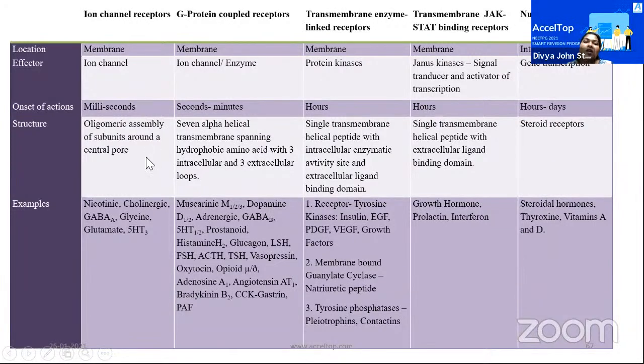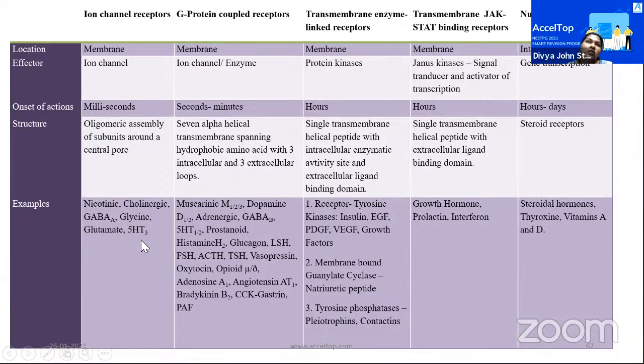Okay, and the structure is an oligomeric assembly of subunits around a central pore, and that central pore will transmit cations or anions, and that will result in the response. The classical examples for ion channel related receptors are your nicotinic receptors, cholinergic receptors, and GABA A type of receptors. So GABA A type of receptors are ion channel receptors, glycine, both of them are chloride channels, glutamate, and